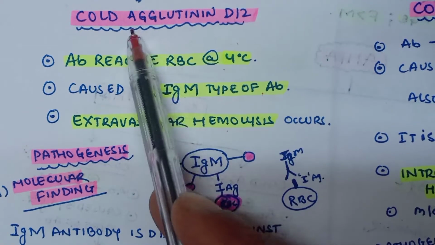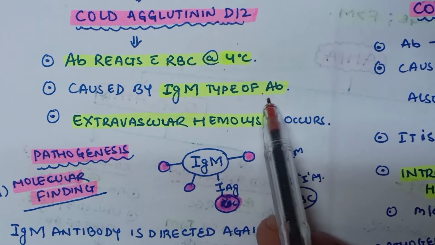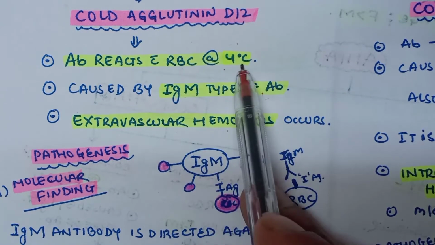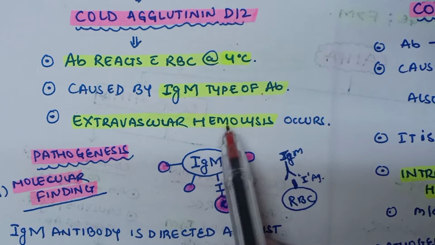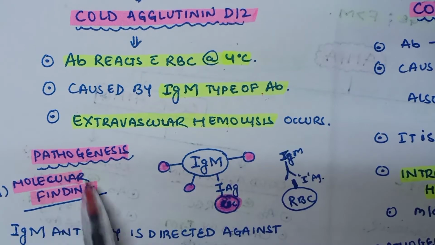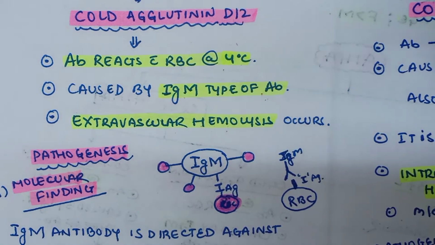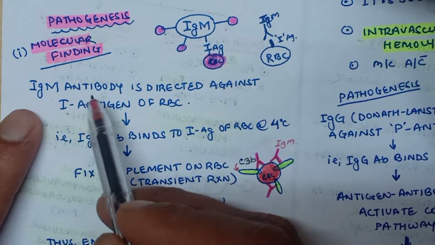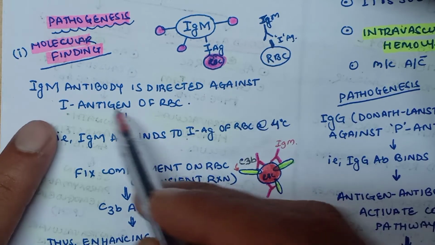So cold agglutinin disease is caused by IgM type of antibody, which will react with RBC at 4 degrees centigrade, resulting in extravascular hemolysis. So how does this happen? So we'll look at the pathogenesis at molecular level, where this IgM antibody is directed against I antigen